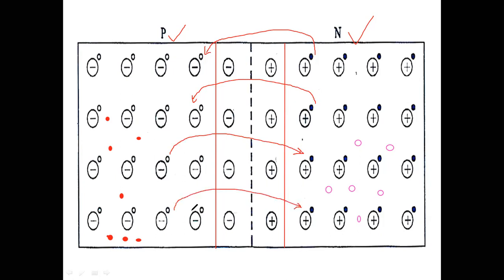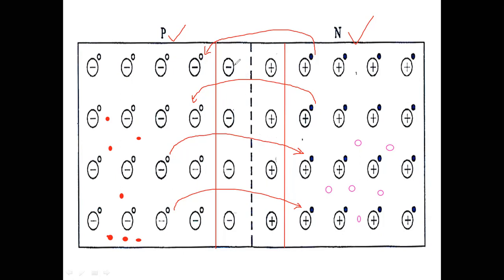Actually, holes don't move. Actually, it's the electrons which move. If an electron moves, then we can say the hole is moving in the opposite direction. But for the purpose of understanding, I am telling it like this. That's it, right? So this hole wants to move towards the n side, and this electron wants to move towards the p side. Okay, but it will not happen. Why? Because after some time,